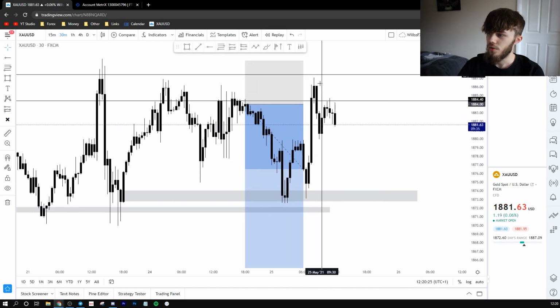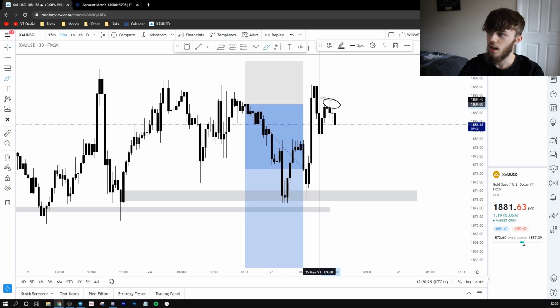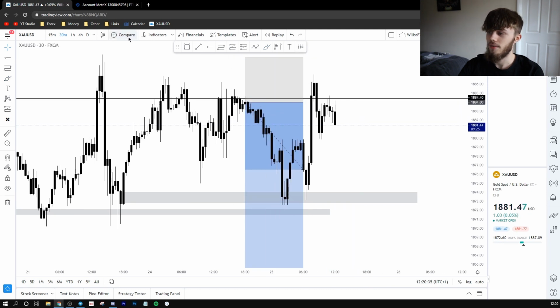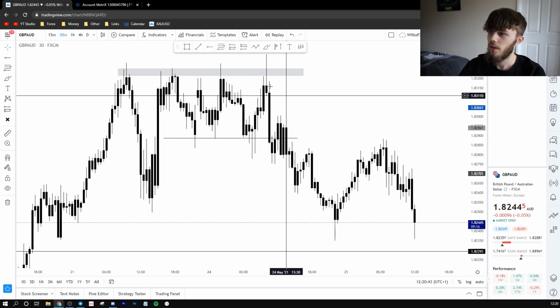But yeah, this would have been another nice re-entry, but we didn't actually get in here. Would have been a perfect re-entry. As you see now, if anyone held the trade, they're up in profit. Lovely, lovely times. But what I'm actually looking for now, I was trading GA as well, and I sent in the group that